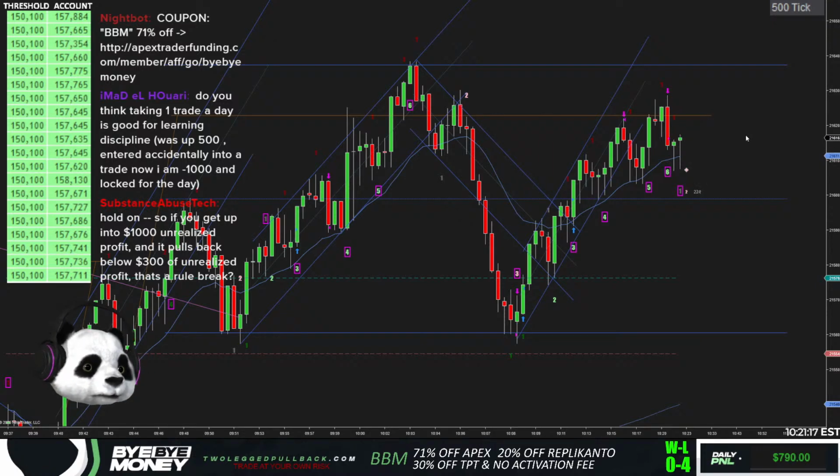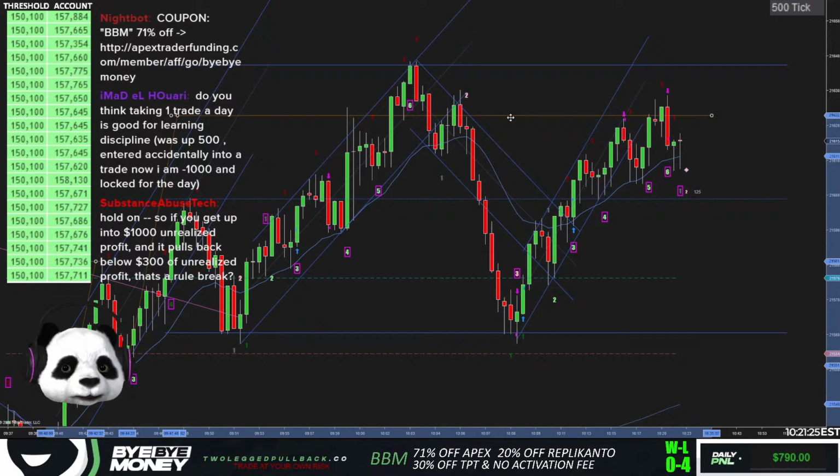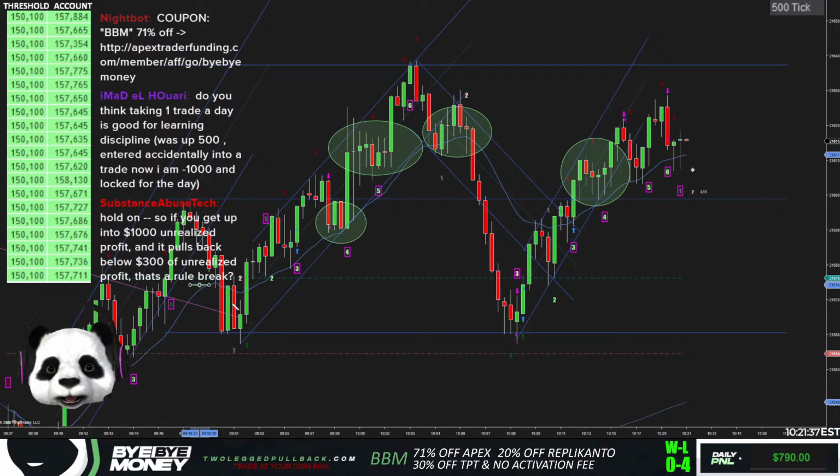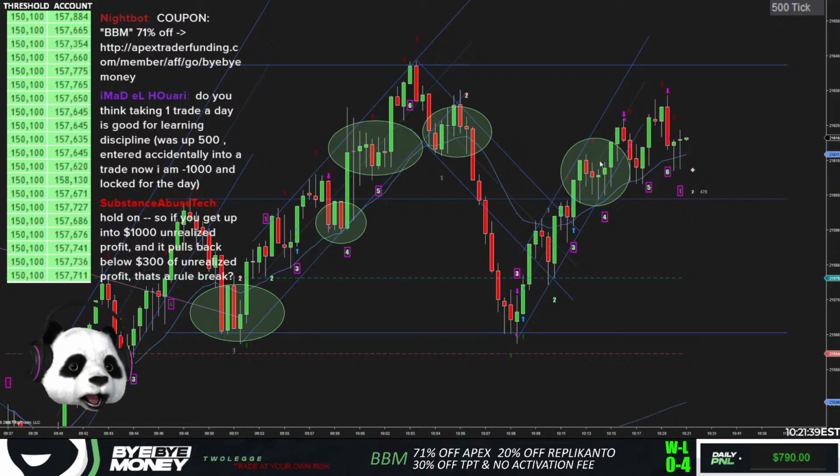I'm kind of happy I just took profits here because at any moment this can reverse because of the price action, right? Big up, big down, big up. Lots of overlapping bars, right? We got lots of overlapping bars here, here, here. We got a lot of areas of overlapping bars, and it just makes it feel like